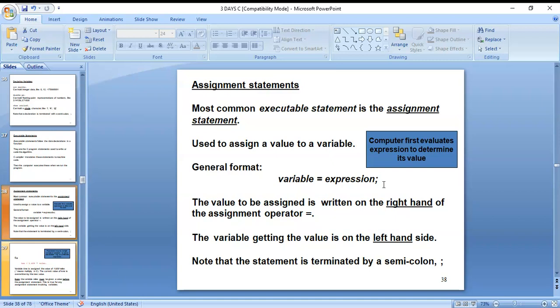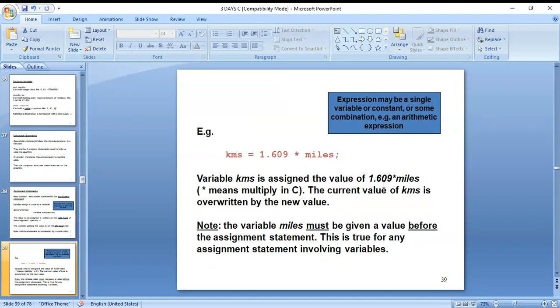Next, here the expression may be a single variable or constant or some combination. An arithmetic expression you can see here: kilometers is equal to 1.609 into miles.